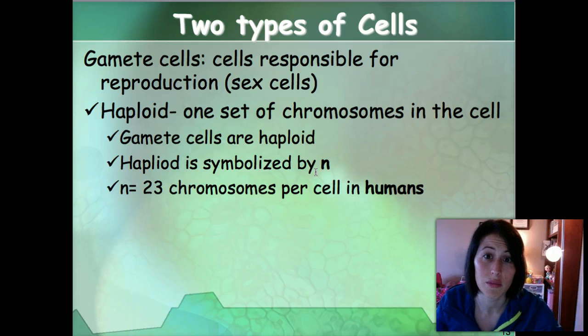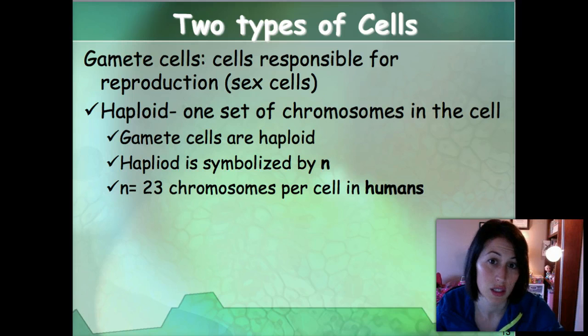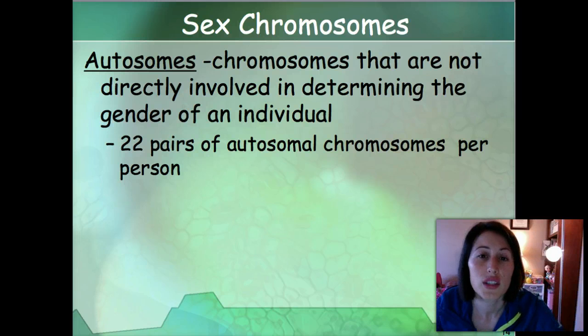Every single organism is unique. So I'll refer to humans a lot because we can associate with that because we are human, but don't get that confused. Not every single cell has 23 chromosomes or 46 chromosomes. That's specific to humans, okay? There are also different types of chromosomes. So just a little bit more vocabulary for you here today.